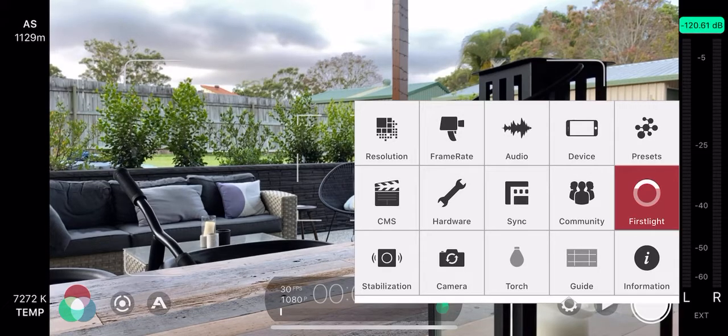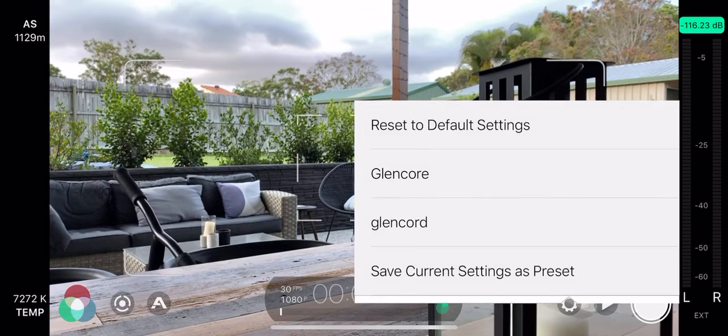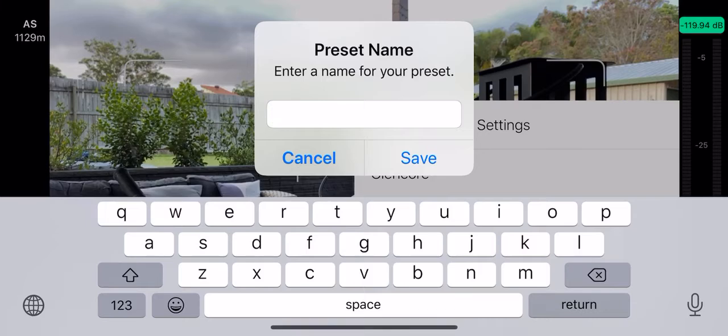We've made the focus and the exposure automatic. And the only other thing I'd like to do now is save that as a preset. So top right here says presets. I'm going to click on that. And I've saved a couple before. We want to save current settings as preset down the bottom, and I'll call this preset